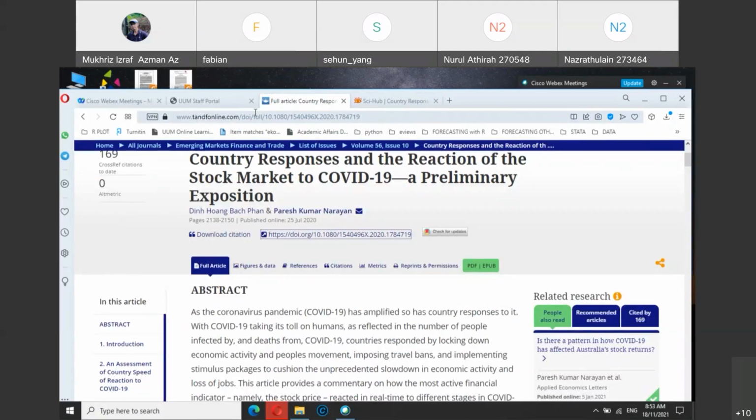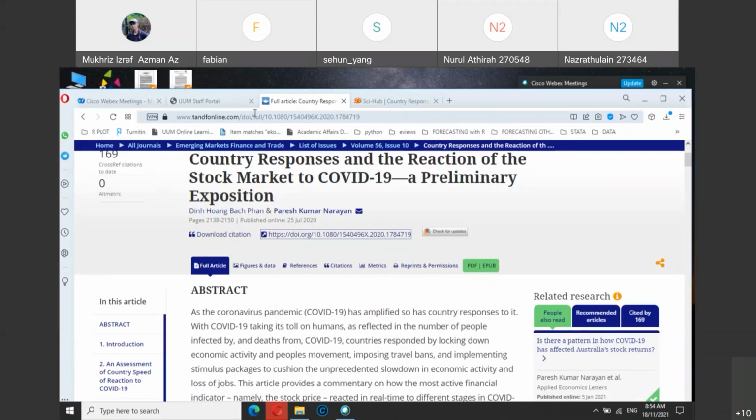Especially in your introduction, in chapter 1, in the background of the study. When you want to have the final version of your project, whatever information you want to cite in your chapter 1, you need to refer to the latest articles. At least it shows that whatever topic you are doing, you are referring to the latest development and latest evidence.